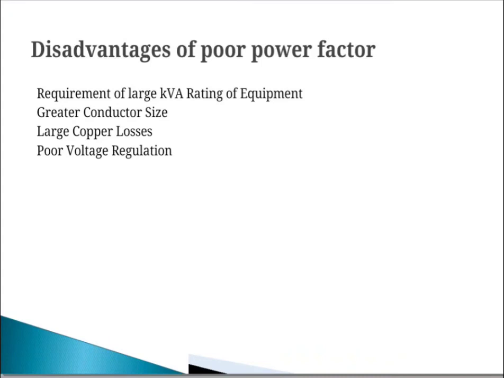Because of the poor power factor, the losses in the system keep increasing. If the losses of the system increase, then the bill increases, because in household applications or any industrial application, if the power factor is low, the losses increase. Because of that, a penalty will be charged by the MSEB to industrial consumers if the power factor is low. Because of that, the power factor must be good, and we have to maintain it near to unity.